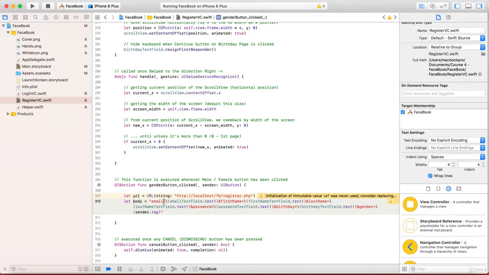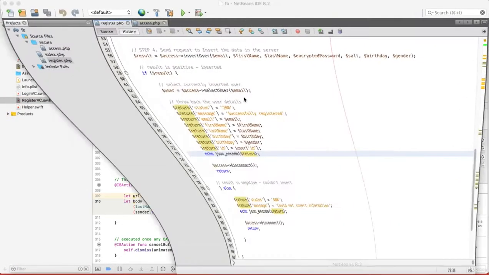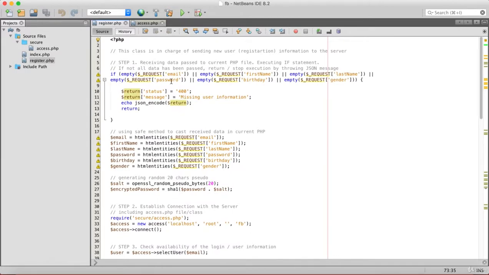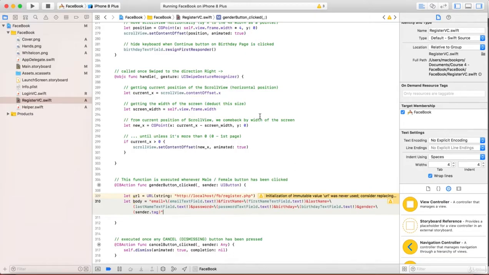Let me just explain to you. We'll go to our NetBeans. Here you see that under email we will be casting the request, or receiving the value under the key email. This email, first name, last name, password, birthday, gender must be equal to that one. Make sure that you made no typo under these values. Okay, so the next step will be to assign this body to